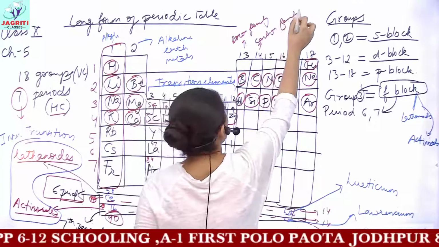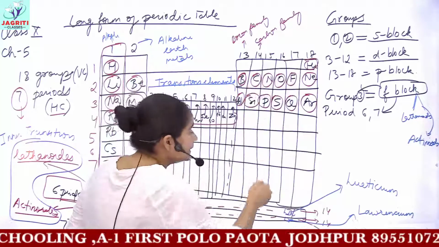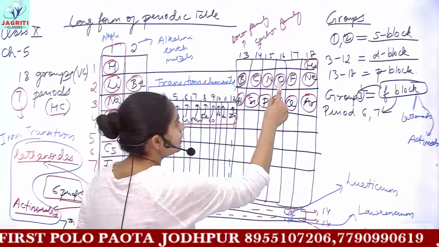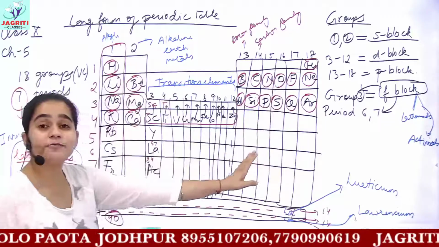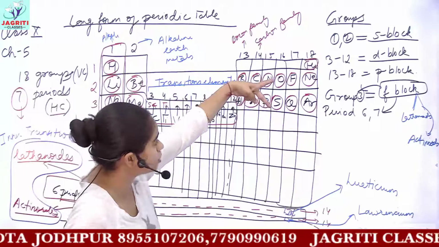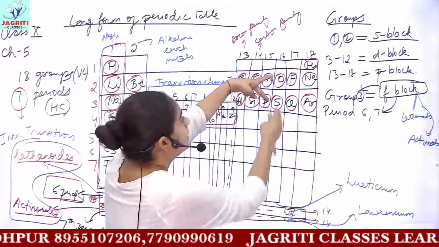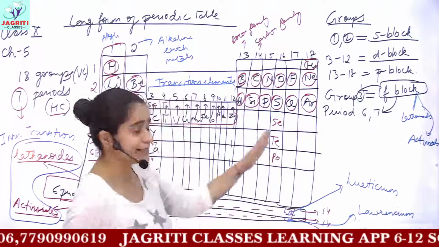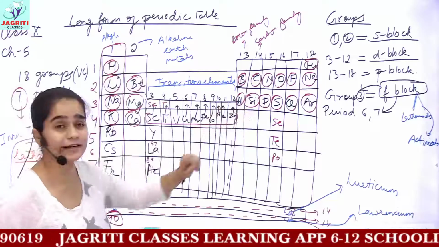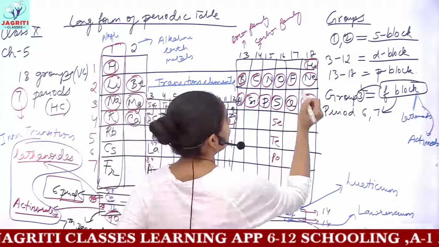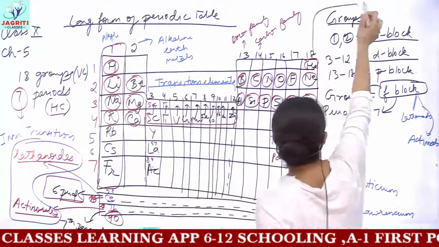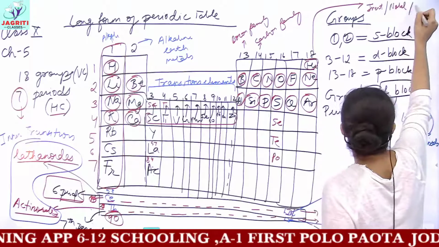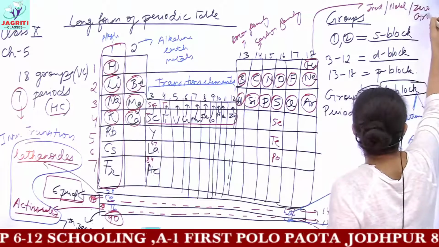And likewise, according to the name of the first element present in your group, you can add the suffix family. That is, this one would be your nitrogen family, oxygen family. If it is asked which elements the oxygen family contains, you can write it contains oxygen and sulfur. You can also write other elements. It would contain these elements also: polonium, selenium, tellurium. Then you have your fluorine family, and the 18th group we have already talked about. These are known as inert gases. These are called noble gases, or this is also called the zero group.